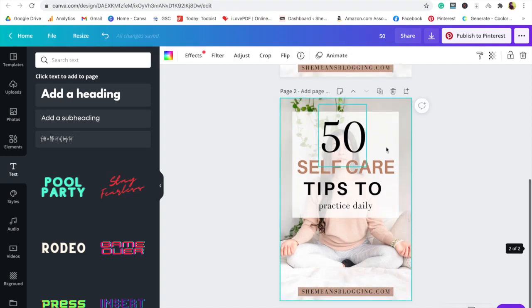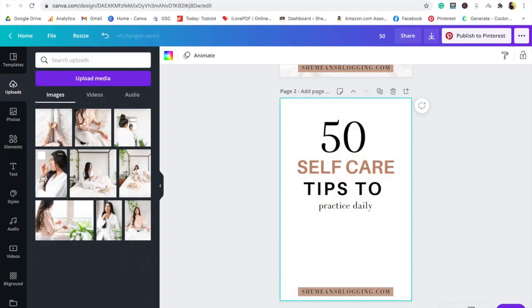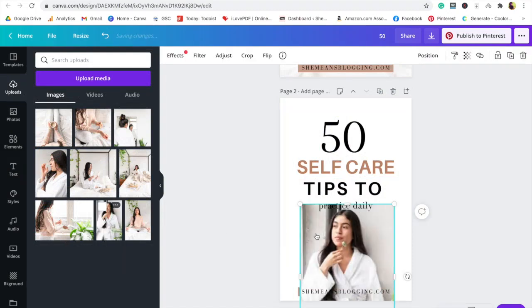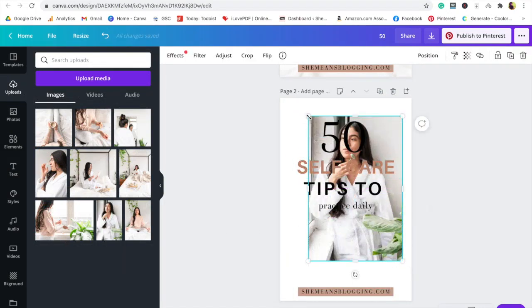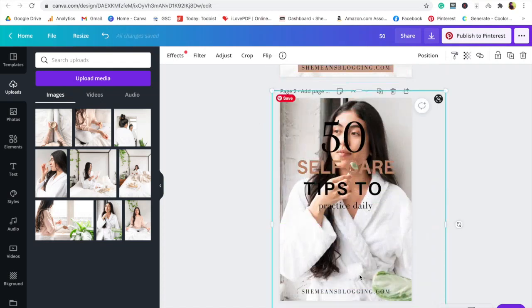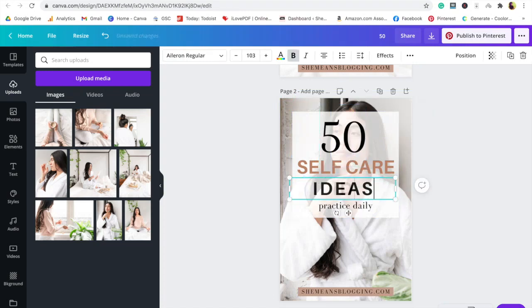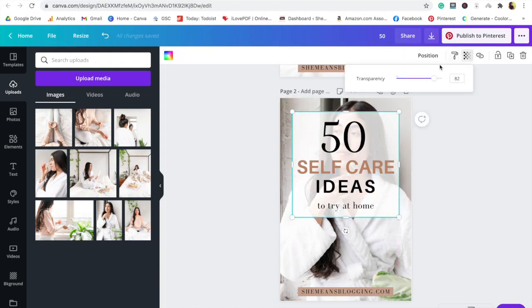So make a copy of this pin, and if you want you can simply just change the photo, remove this one and add this one over here, and now you have, like, make it 50 ideas to try this summer, or to try at home. Now you have a completely new pin, and again if you want you can increase the transparency on this one,